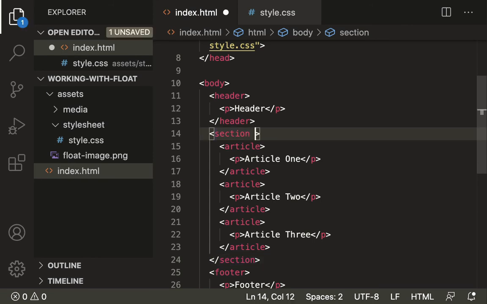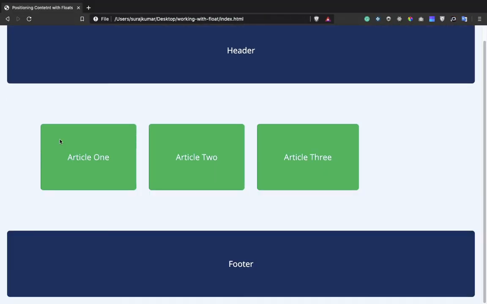So the article is floated, so to the immediate parent of the article, let's add class clearfix to the section. Now save the file, check out here. Alright, everything is good now. We have float cleared and articles 1, 2, 3 are on the same line. But what do we need? Actually, we need these articles 1, 2, 3 to be divided into 3 equal parts. Say article 1 will have 33%, so that the whole 100% is covered.